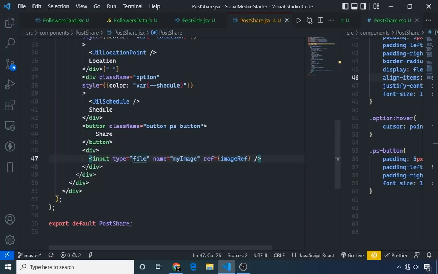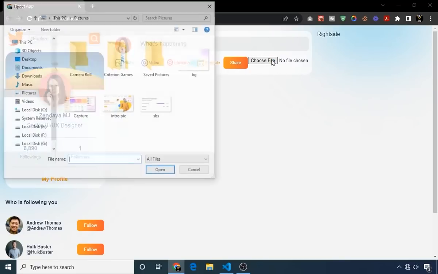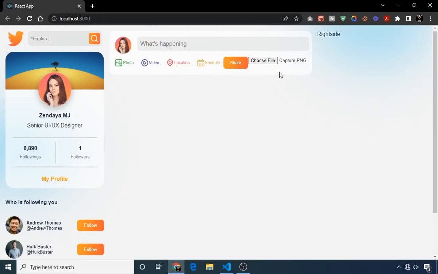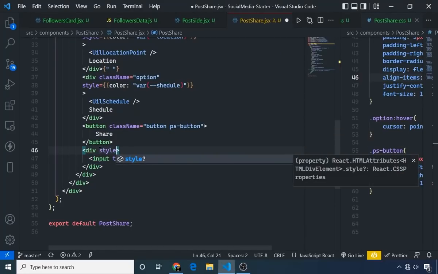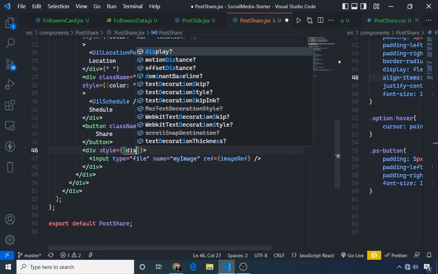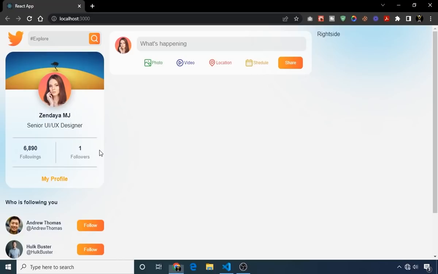Now as you know, in the pre-built version we had our selected image just below these share options. Here you can see that our input type file is visible and we can choose any picture, but there is no use of showing this. So for this div, I will declare its style, and basically on this style I will make it display as none. Now save this and you can see the input is gone, but